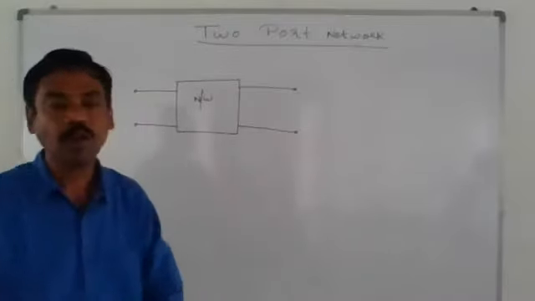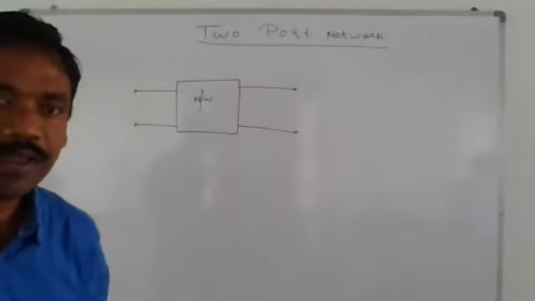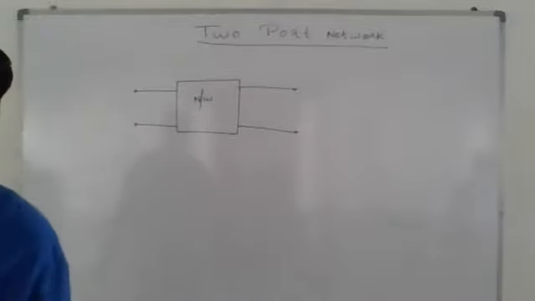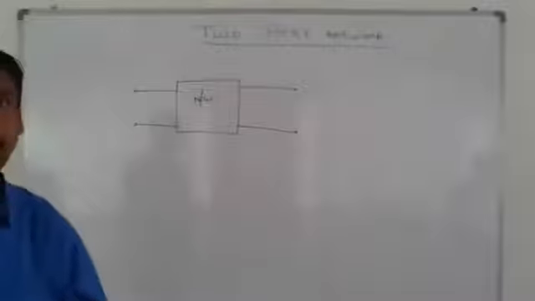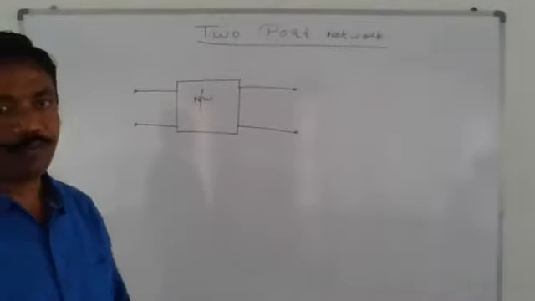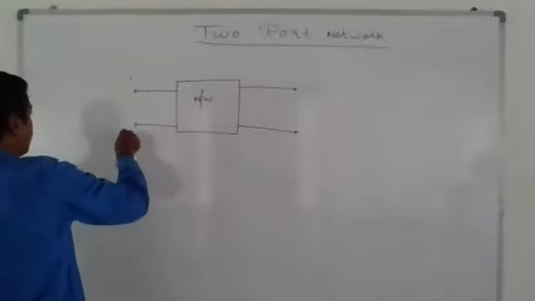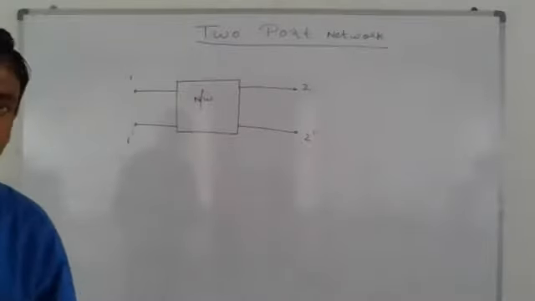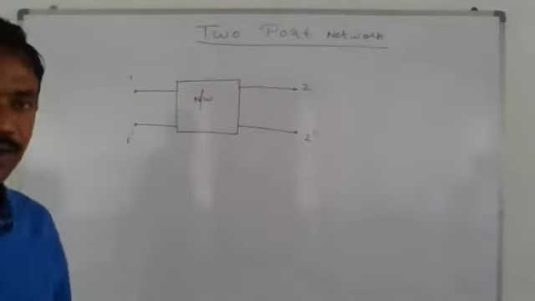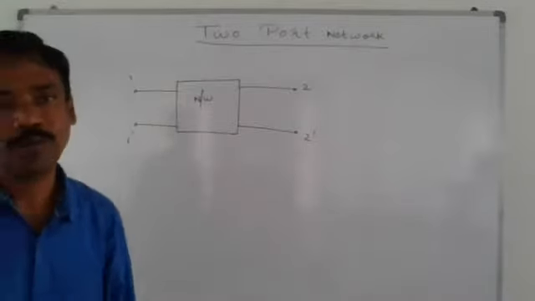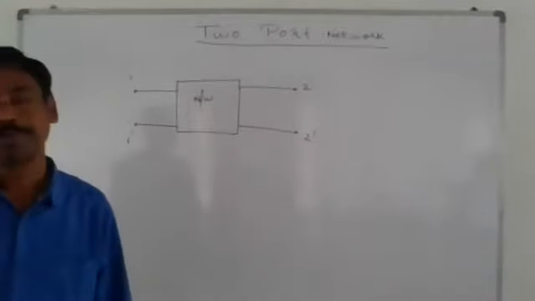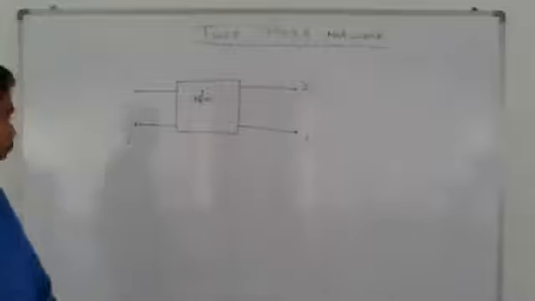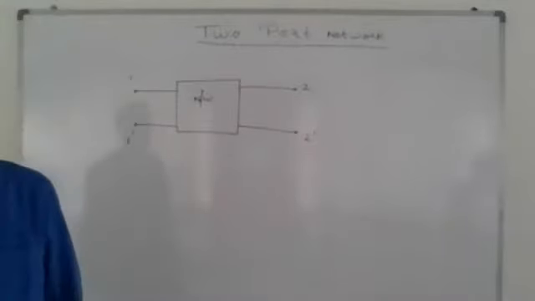This is a very easy topic, two-port network, just based on KVL, KCL, right? We will try to understand this two-port network. What do you mean by two-port network? Two ports means a network consists of two ports, one input port, say 1 dash, and one output port, say 2 dash. Meaning of two port is one input port and one output port. There can be a one port network also. There can be a 3-port network also, it is possible. But our focus of study is on 2-port network.